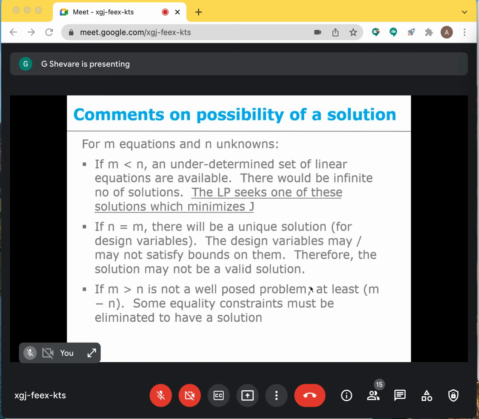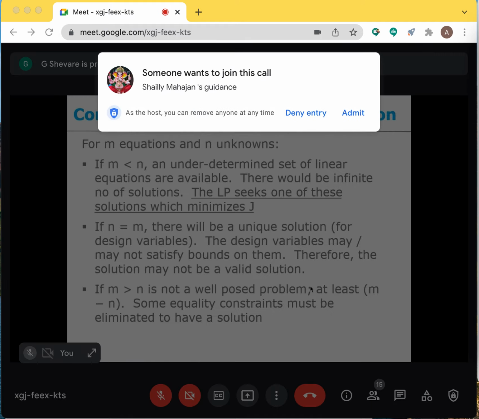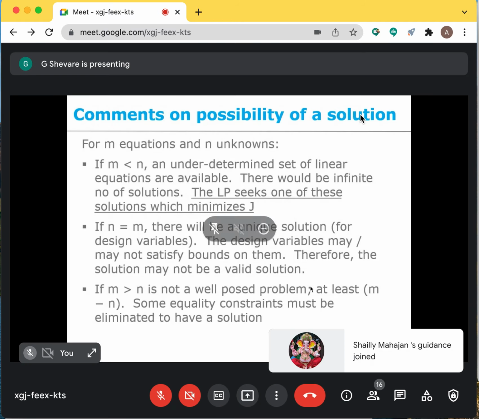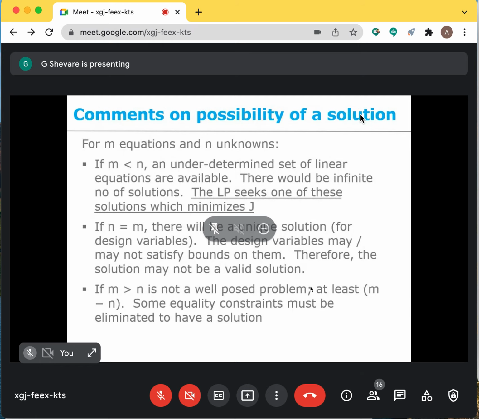becomes underdetermined, and this would give you an infinite number of solutions, because the number of unknowns is more than the number of conditions that you are putting on them. Therefore, there are an infinite number of possibilities of getting the values for the unknowns. What we are seeking is, out of those infinite possible solutions, one solution which minimizes j. Okay, so this, in fact, the first bullet is where the linear programming